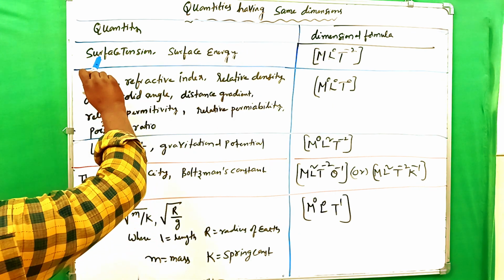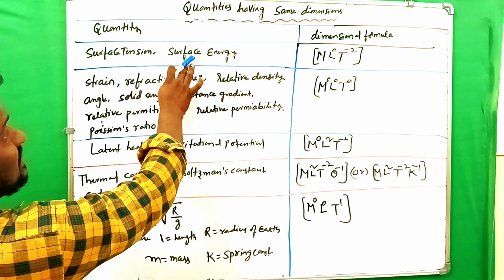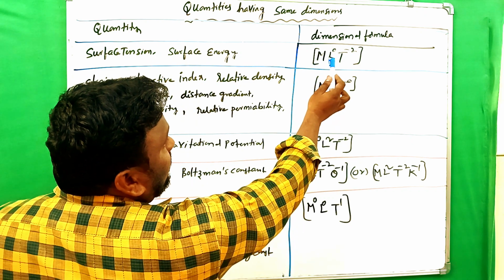Similarly, surface tension and surface energy, both have the same dimension formula, that is M L to the power 0 T